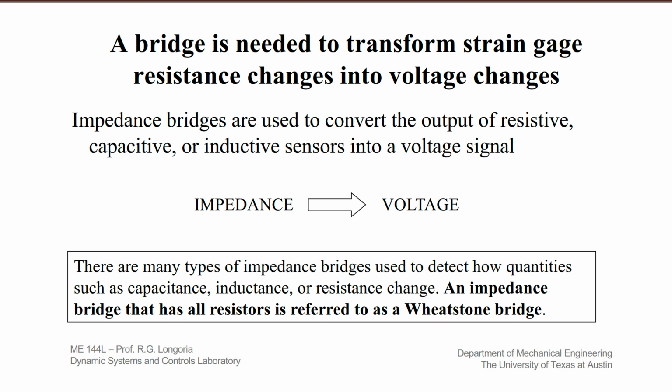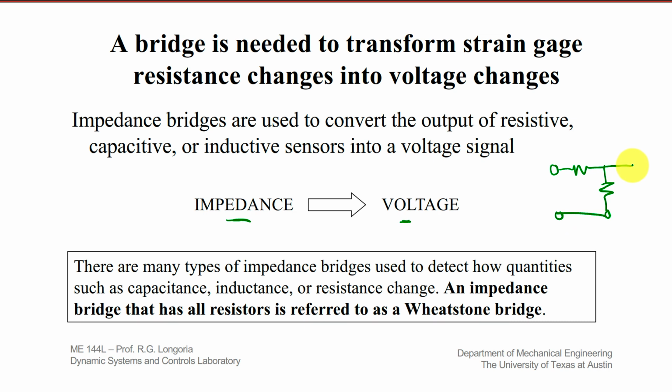The basic idea in using a Wheatstone bridge is to basically convert the change in resistance into voltage. Here, in a more general case, is a change in impedance to voltage. You want to think back to a simple case. The simplest case that I like to think of for a signal conditioning circuit of this type is